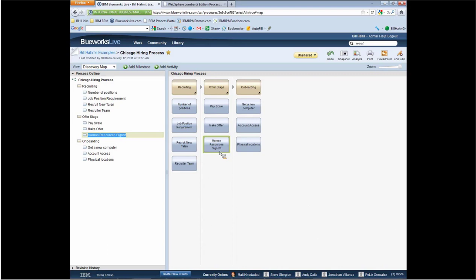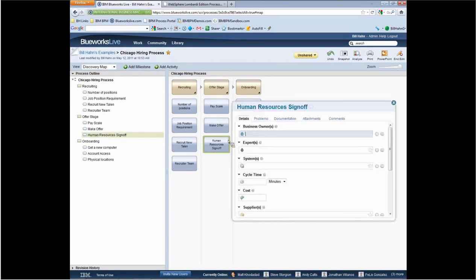So once we get the critical mass of these activities up on this clean discovery map, right, that doesn't have analysis paralysis, clutter of connections and decision gateway diamonds, no if-then-else details, not even any exceptions or challenges or problems, right? We want to get a good critical mass of the activities. Once we're there, now what's next? What's next is we can drill down into any one of these activities just by double-clicking on it